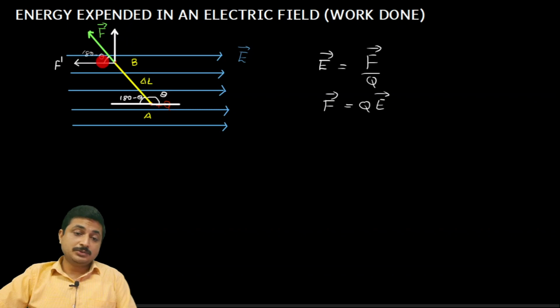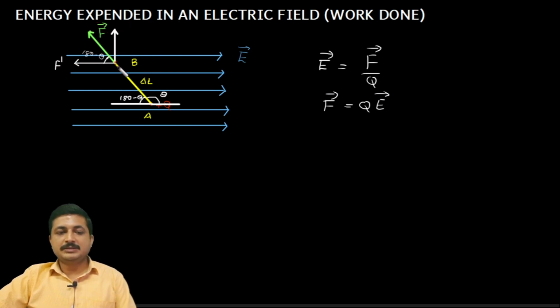With reference to this angle 180 minus theta, it is mathematically possible, right? If I consider this as a completed triangle, this side and this side is what I am interested in. So I will go with cosine. So cosine of 180 minus theta can be F dash by magnitude of F, because F dash is considered as magnitude. This side by this side will give me cosine. So from that I can easily write what is F dash with respect to my actual force F.